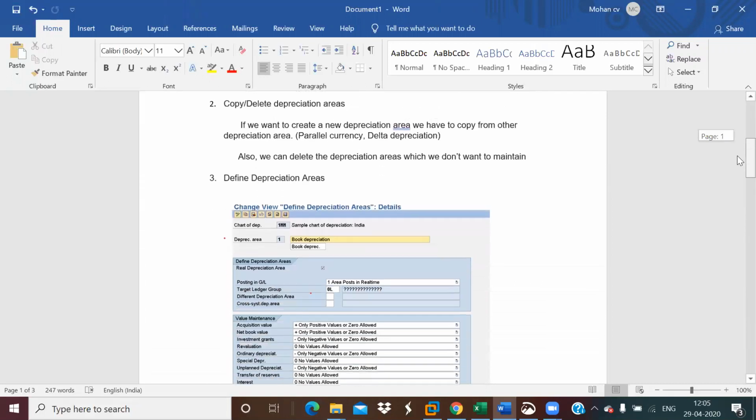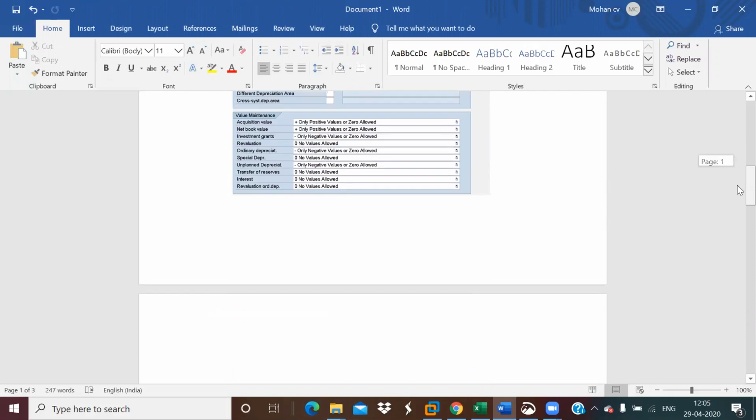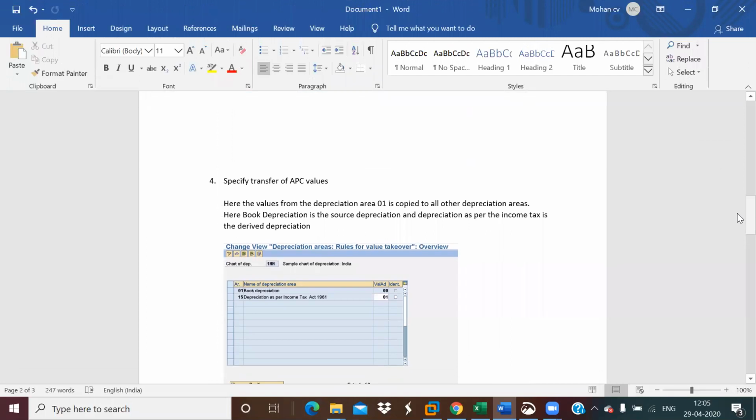After that, define the depreciation area, that is, assign the leading ledger to the book depreciation, or non-leading ledger to the income tax depreciation. And next thing you have to do is specify transfer of APC values. In this, you have to check whether the source value has been copied to the other depreciation areas.